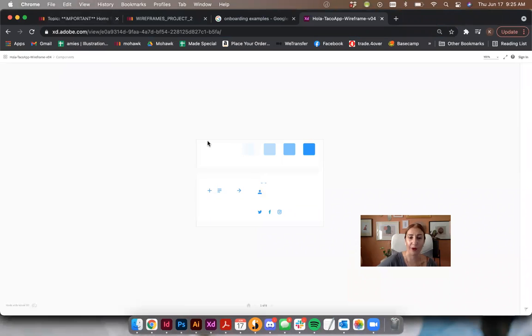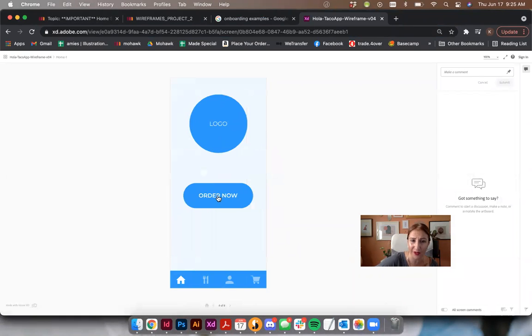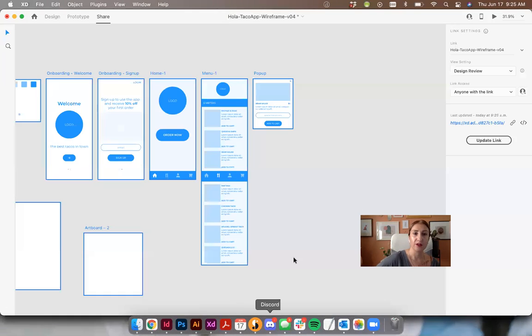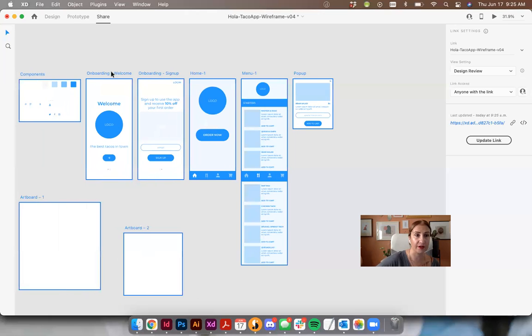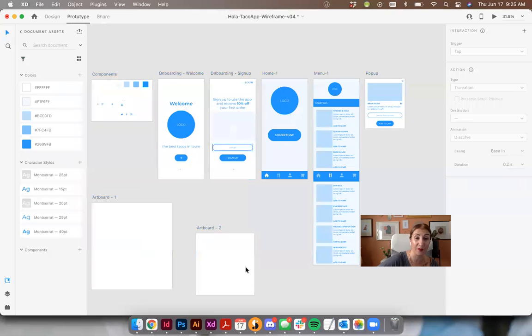So this is what happens when I paste that in there. I get that components frame, which I don't want. You're like, now I actually physically have to click through here, which means that's not the right way. That means I'm not a functioning prototype the way it should be. So what we do to avoid all those extra pages, you could potentially delete them, but in case you probably want to keep your components,